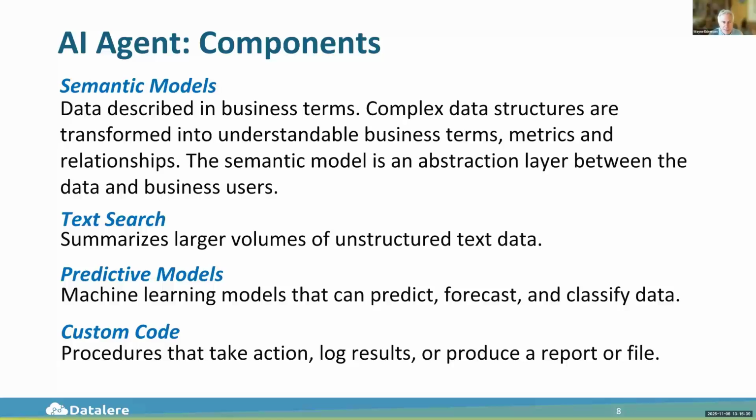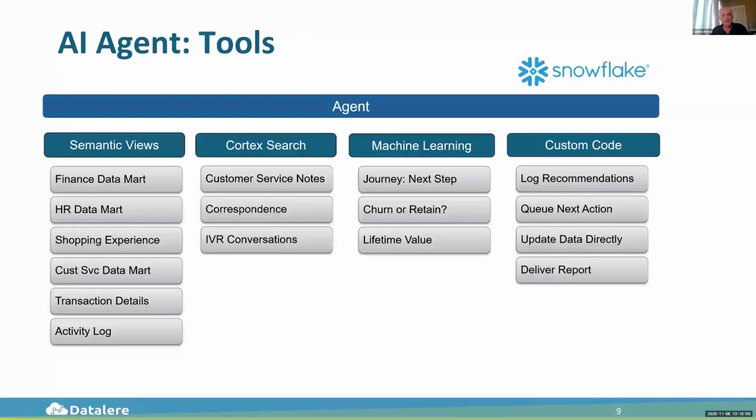So in this context, the semantic model or an AI agent kind of sits on top of your other models. It does. In fact, I think the next screen might actually show that a little bit better. In this case, if we have an agent, and I call these semantic views on this screen because that's the Snowflake term going forward. They're going to be stored as views in the database,